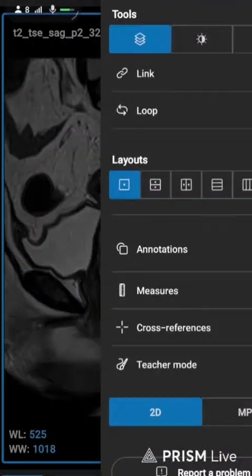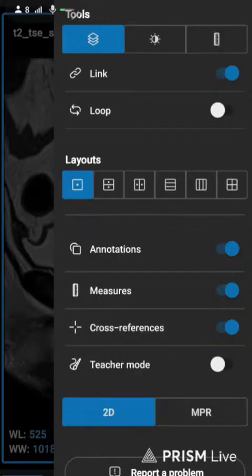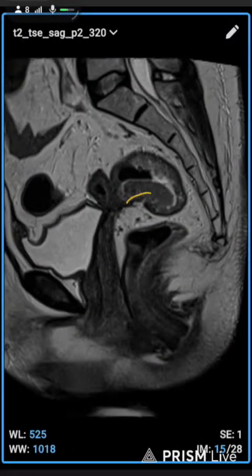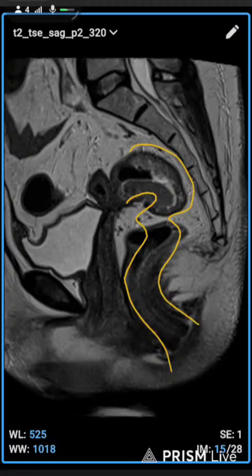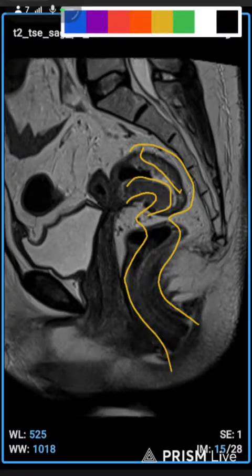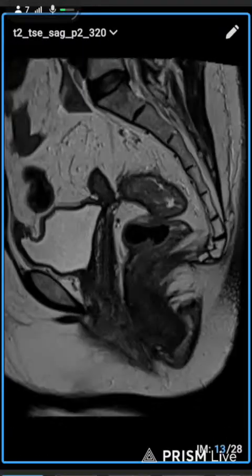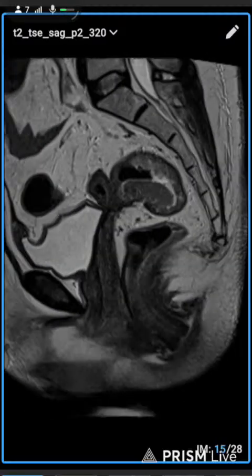It looks like this going through the rectum. Here you can see the area of lesion in the sigmoid colon. In T2,